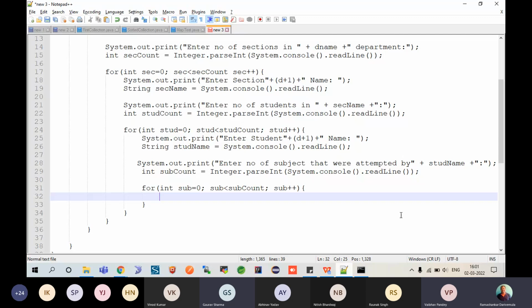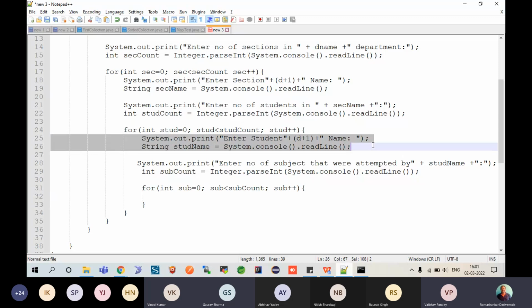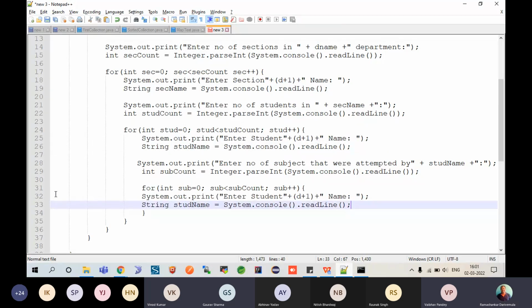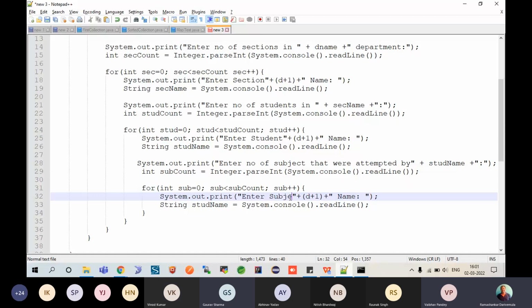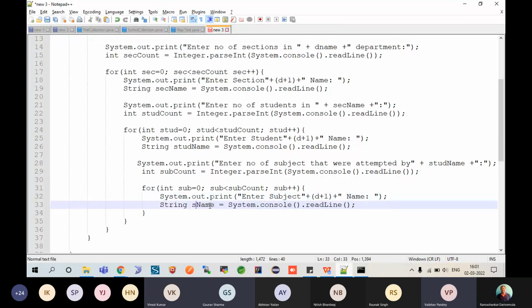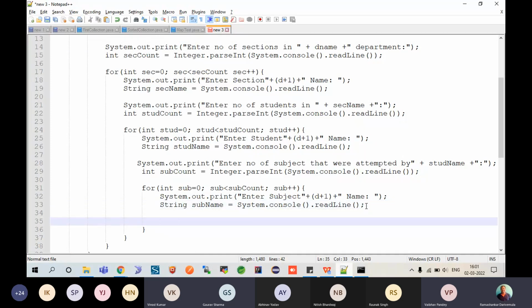So I'll say this one, and that's it. All I have to do: enter subject one name, and I will say here subject name. That's done. Then you have to ask the end user